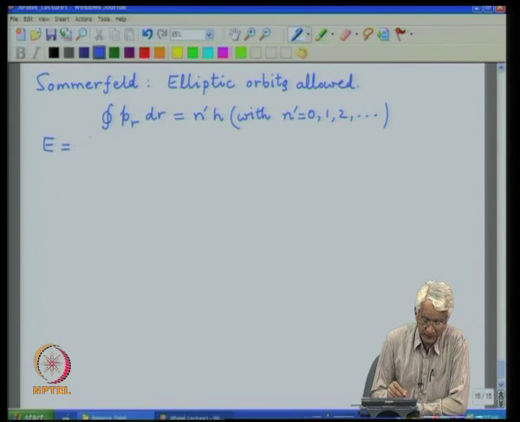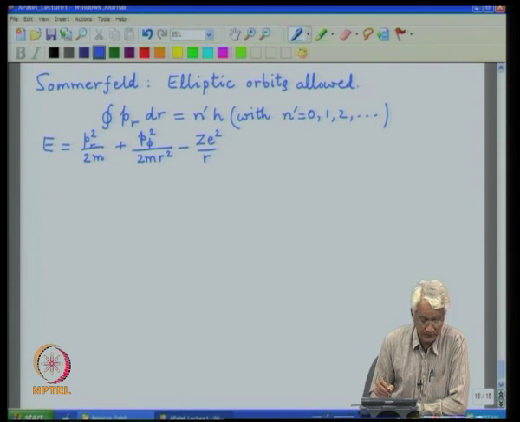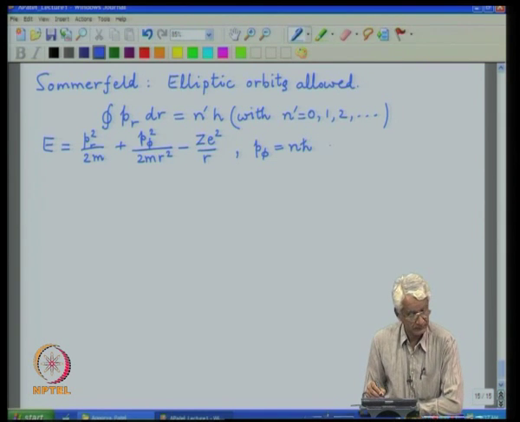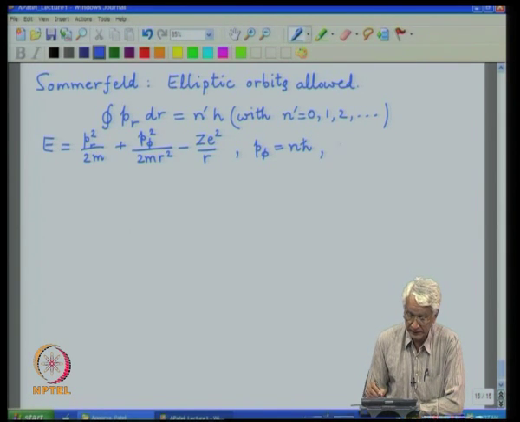The energy is the radial momentum squared by 2m plus the angular momentum squared by 2m r squared minus Z e squared over r, which is the contribution of the potential energy. The angular momentum is already quantized as in the case of Bohr's formula, and the equation of the orbit explicitly is given by